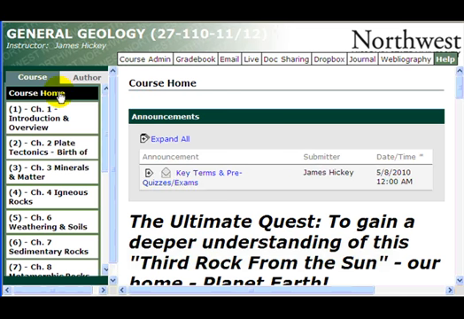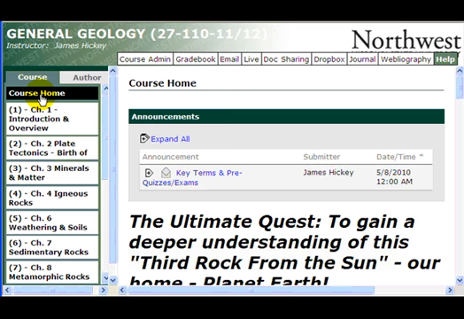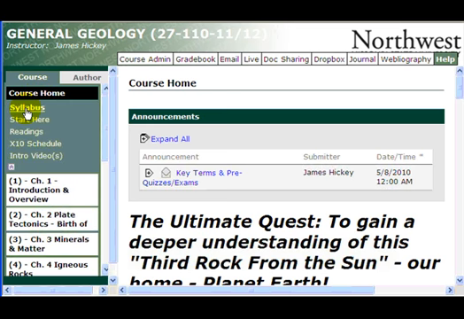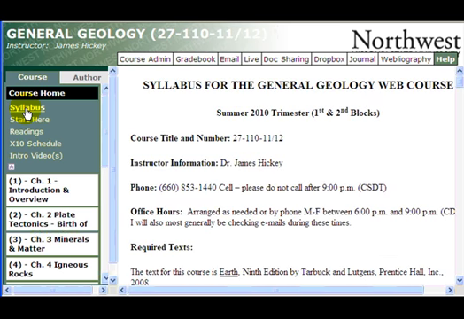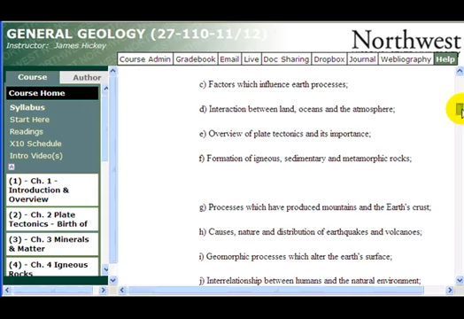Okay, coming over to the course home. Right now I have this compressed, but if I click on the course home, it should open that up. Here, it includes a copy of the syllabus. So if you click on the syllabus tab over in the content area, it opens up a version of the